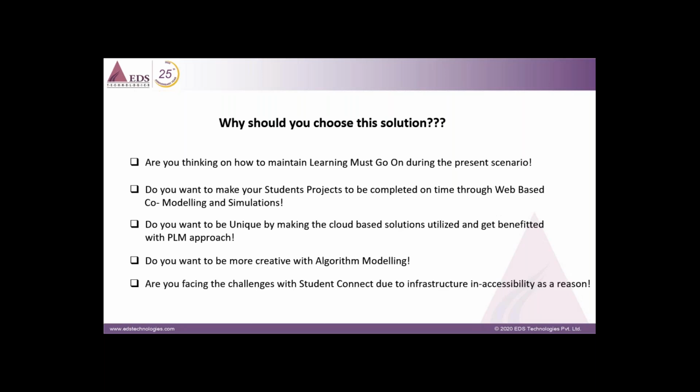There is a lot of algorithmic approach in one of our solutions which we are going to present. When we say algorithmic approach, it means a systematic understanding of what is next after the completion of a particular task, and who is responsible for the next task. We can go for such algorithmic modeling. Students face a lot of challenges with infrastructure. You may ask that students don't have robust laptops. You know that CATIA needs a minimum of 8 GB RAM and a 4 GB graphics card and such.